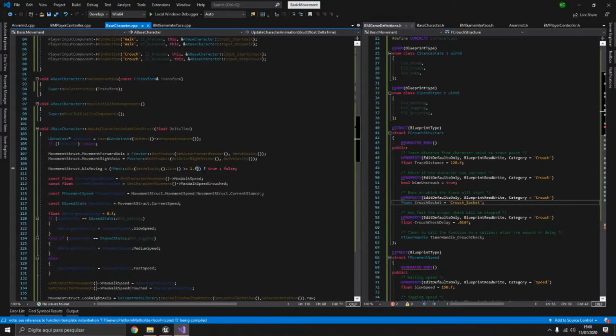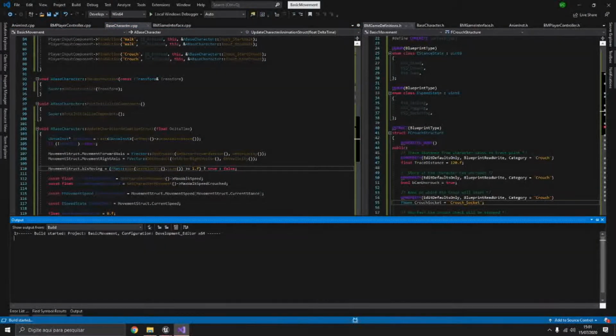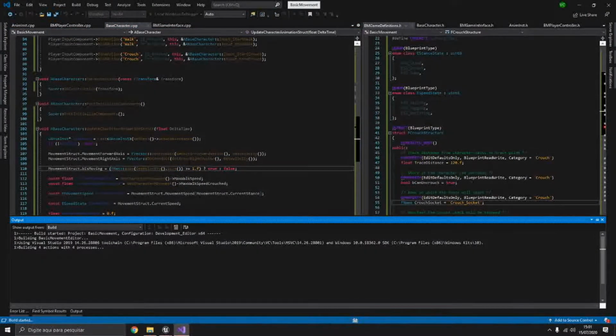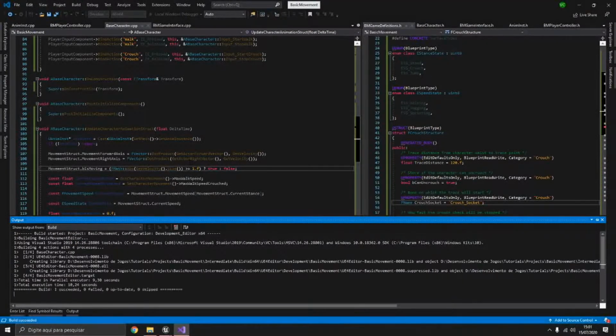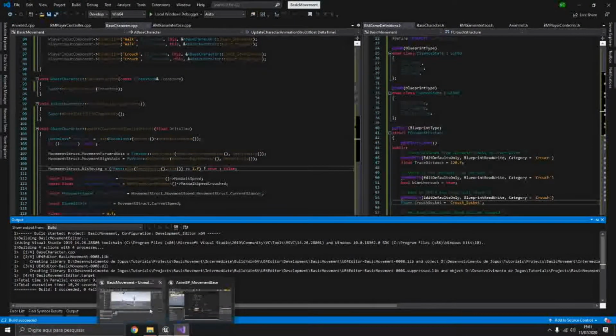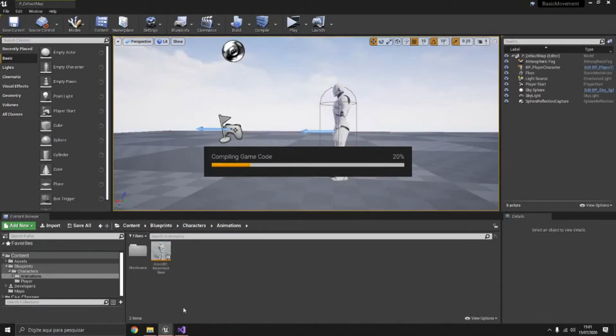Yeah, I was just dumb at this moment. I have to put this here. It's created a one. Now if we build, the project should work. If not, I have to check it out. Yep, it did work. So if we head back to our project, I'll give it this little warning because it